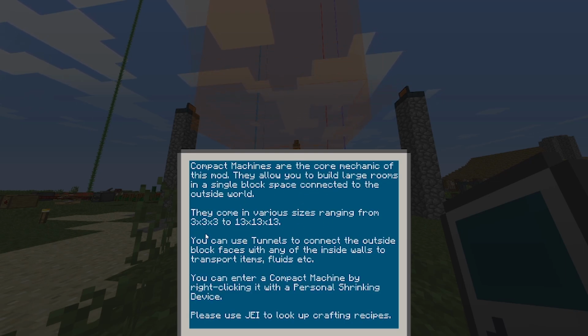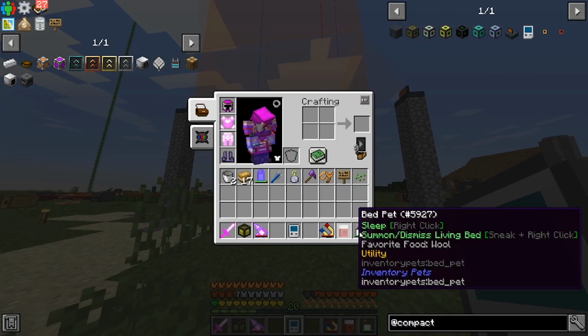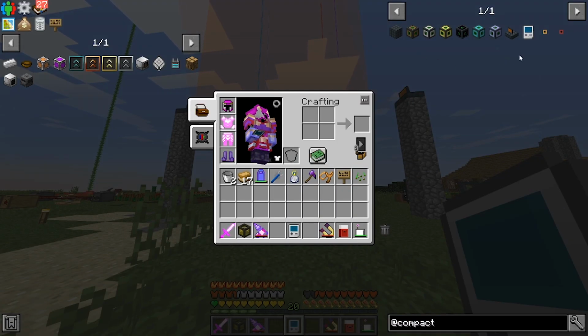They come in various sizes, ranging from 3 by 3 by 3 to 13 by 13 by 13. Okay. What about this? Okay, this is what we're gonna read. So I've made this structure, I think. Once placed correctly, they will start emitting a miniaturization field. Build a recipe, like specified in JEI, and throw the catalyst item inside the field to start the crafting process. Okay, so the catalyst,